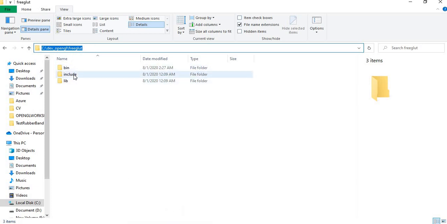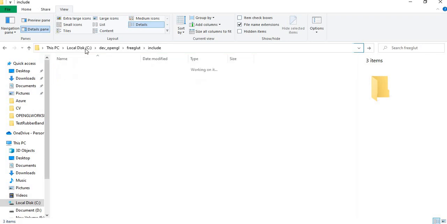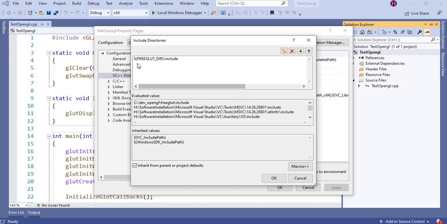So suppose I want to access include, so I need to add /include. Then I will go inside the include. So going inside the include, we will give freeglut dir /include. So it will include your freeglut header files in the project.